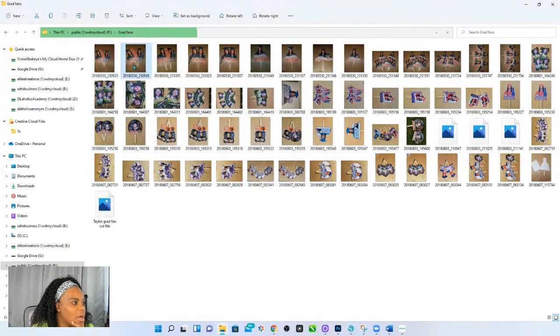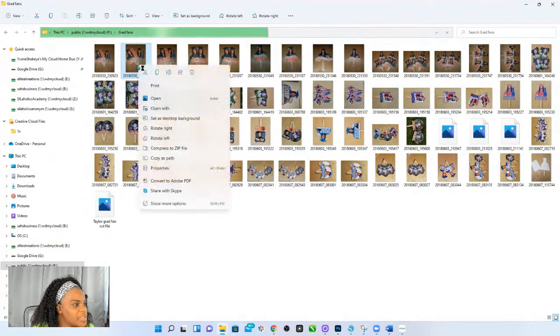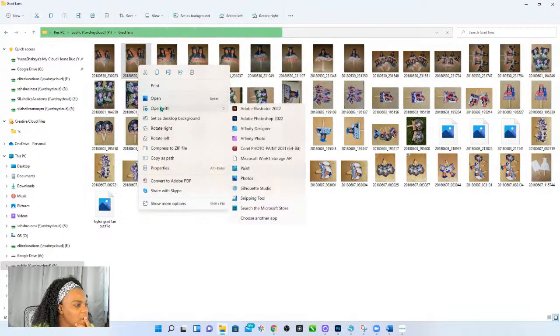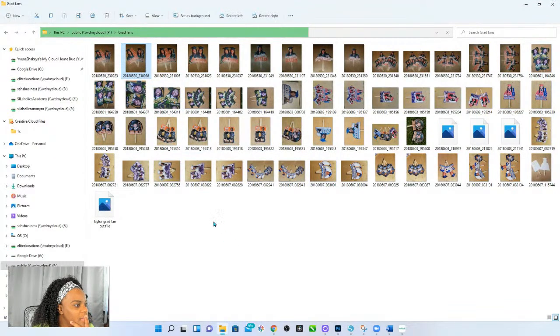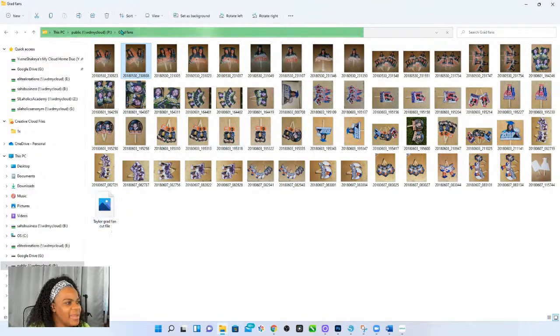Oh, come on. Seriously? Why won't you open? What the heck? Open with photos. What the heck? I really don't want to open them in Silhouette because then it's going to, why won't it open? Maybe if I let it finish doing its thing. That's so weird that it won't open.